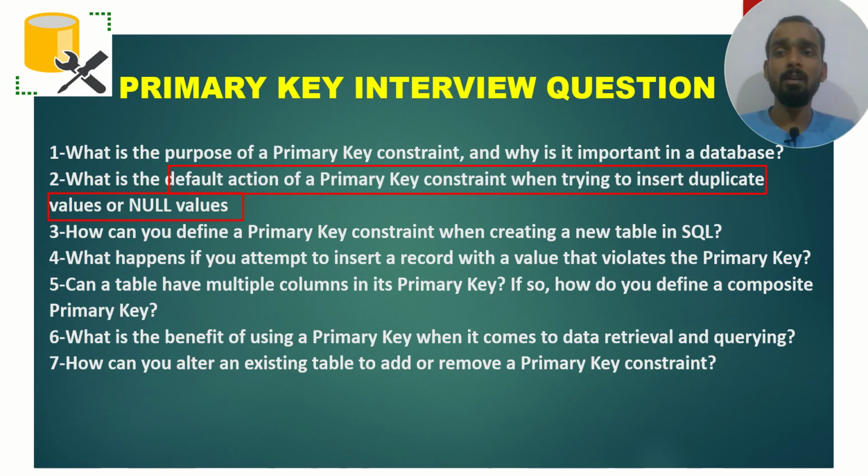The next question is, how can you define a primary key constraint when you're creating a table? As I have told you in the syntax part, you can just write CREATE TABLE, then the table name, and you have to provide the column names, and as per your BRD or your requirement you can provide it. Let's say the same example I'm taking, student ID. Whenever we are providing the int data type, then we have to provide PRIMARY KEY after this, and automatically it will be handled by SQL Server. So I hope till now you're clear.